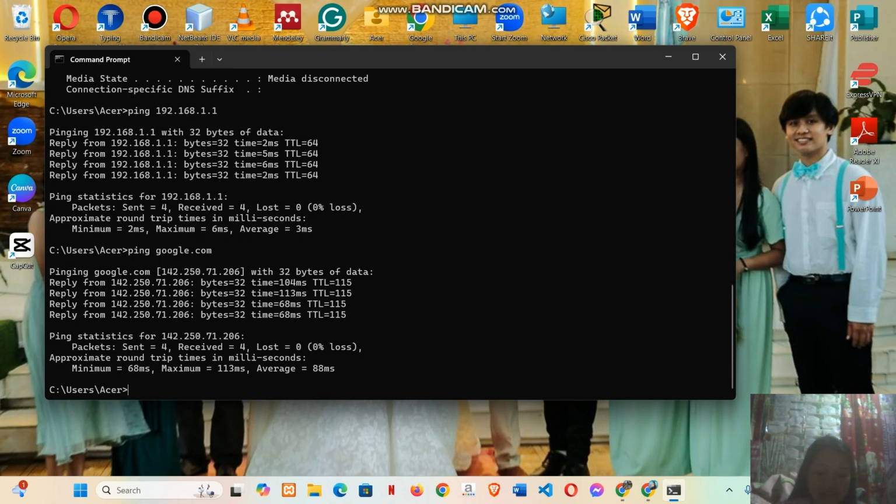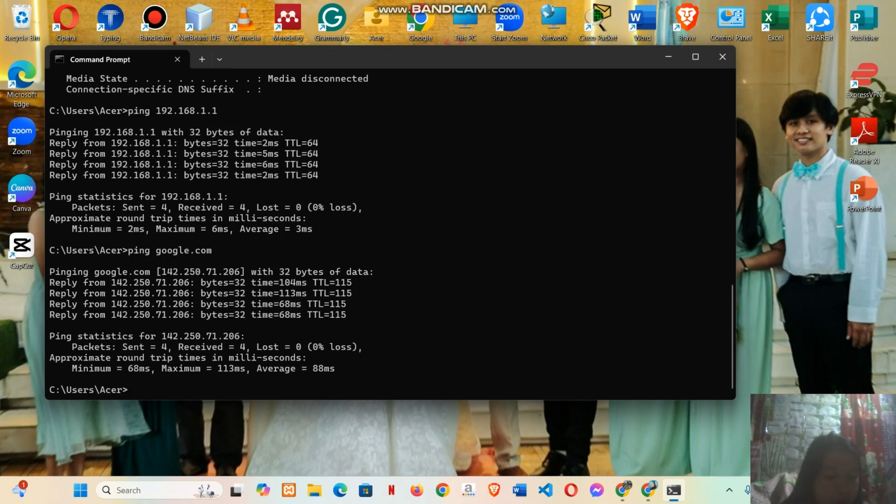And then step 2 is to verify network configuration.